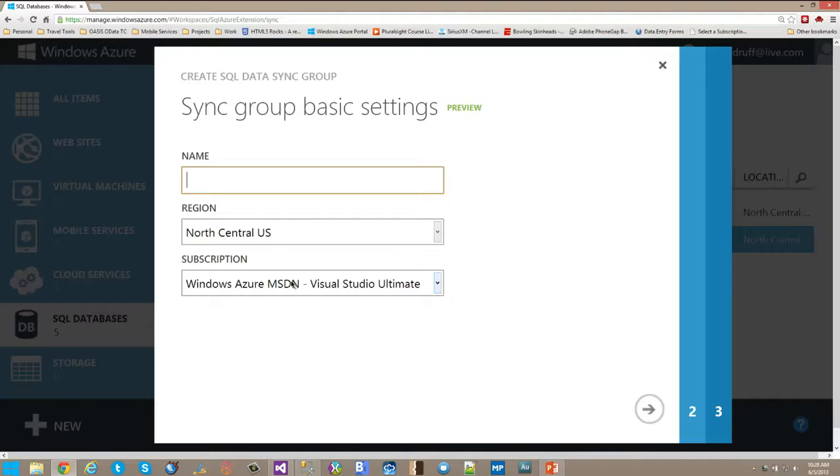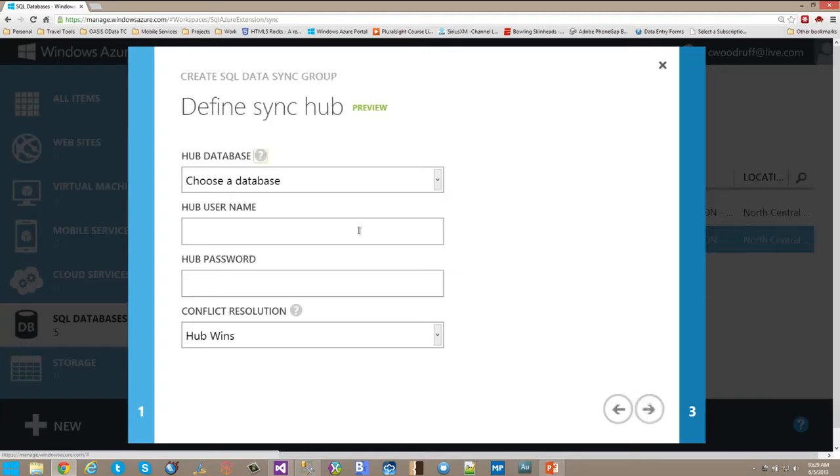So if I come in here and say test, and I leave it North Central US, you'll come up to this hub, the sync hub. Now the sync hub, all it really means is the database that will be synced up with your on-premise database in the cloud. So I'm going to choose a database. I'll say Chinook, which is a database called Chinook that's installed up in SQL Azure. You have to give it the username. So when you install and get a new instance of Azure, you have to give it a username and a password